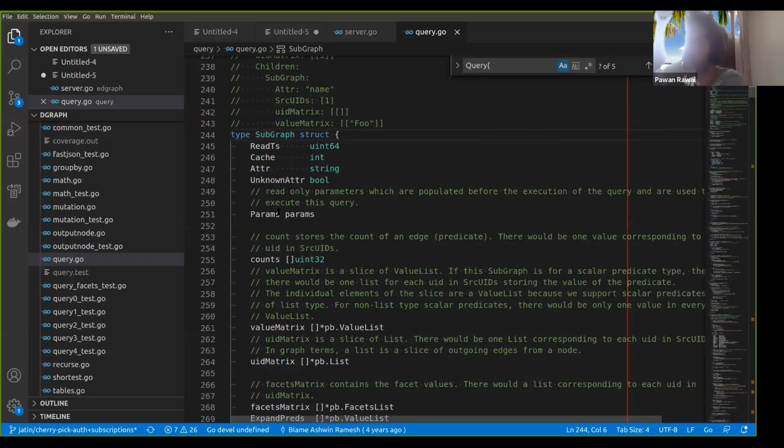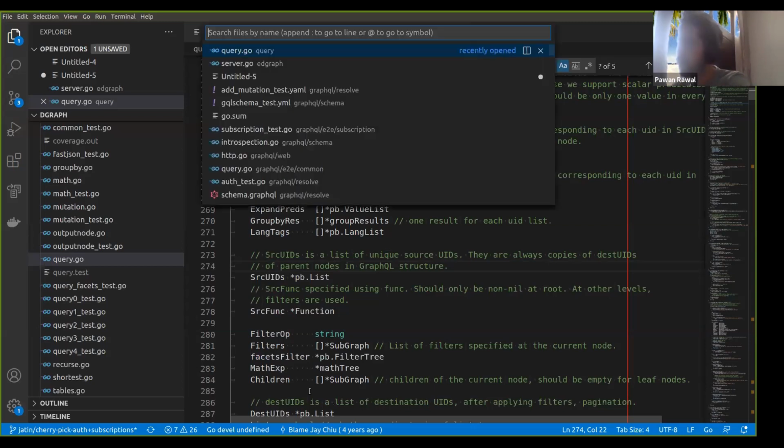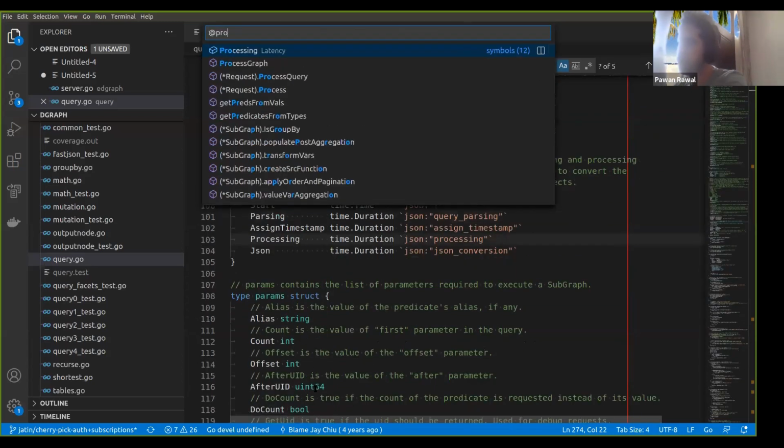It has read TS, it has the attribute for which we are executing the query, and then ultimately it has children subgraphs. So in the example that I showed you, there would be a subgraph for the root. Then it would have children subgraphs for name, for initial release date, for Netflix ID, and that can go on recursively. So if you had more levels, then you would have more subgraphs recursively. So if we go back to process graph,